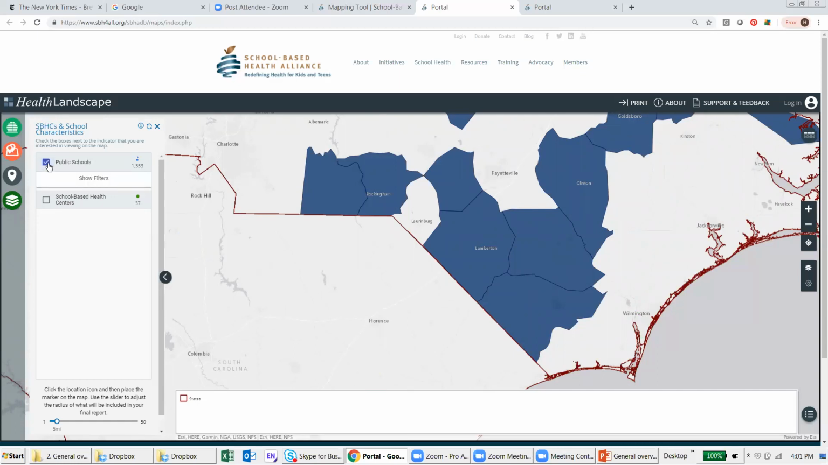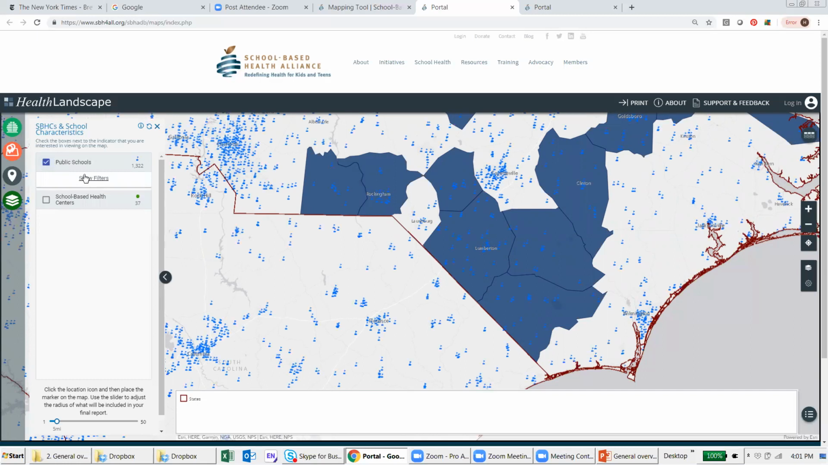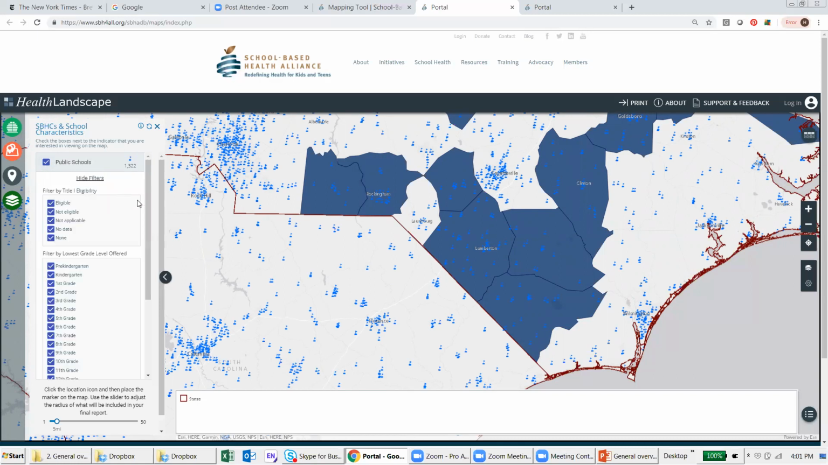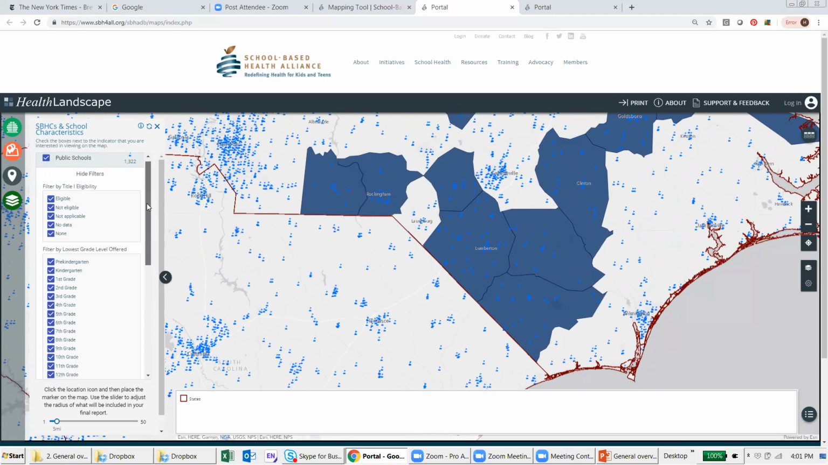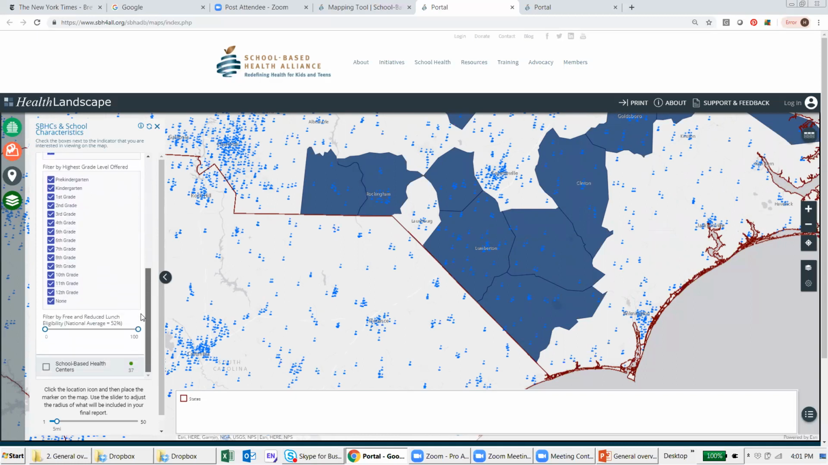If I click on public schools, the locations of all public schools across the country are added to the tool. I can filter the schools based on various criteria, for example, Title I eligibility, the lowest or highest grade level served, and free and reduced lunch eligibility. So what I can see is that there are plenty of schools in these counties that could serve as homes